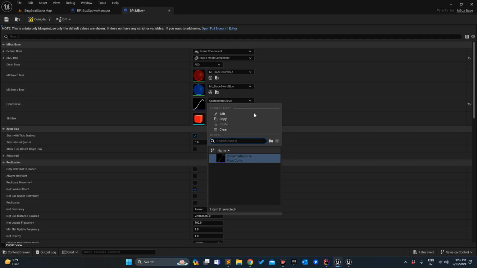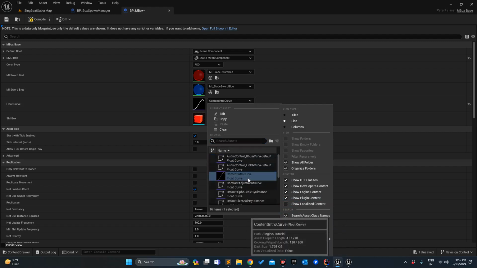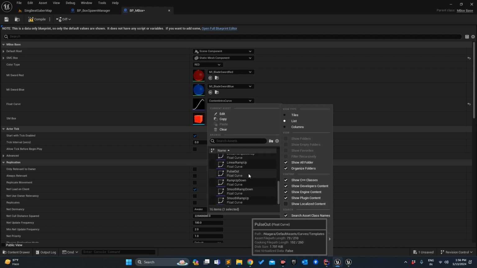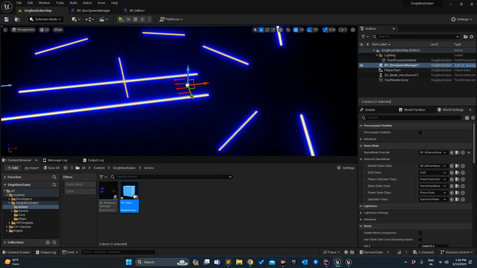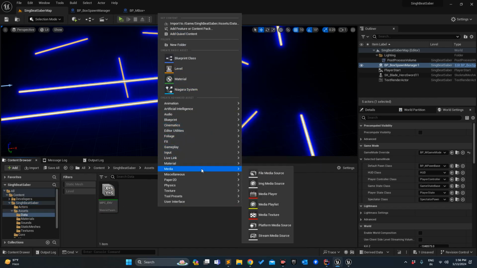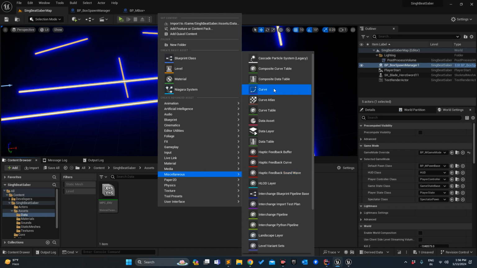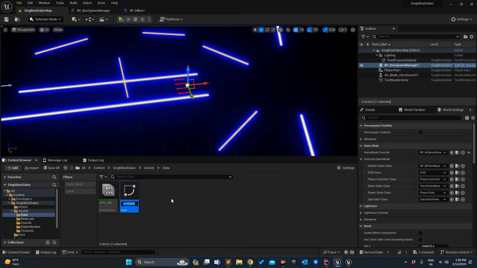Which, no, I don't want this. Let's show plugin float. Actually, we can create our own. So I will just go to the data assets, right click, and it will be part of miscellaneous curve. Choose curve float, select, box move curve,